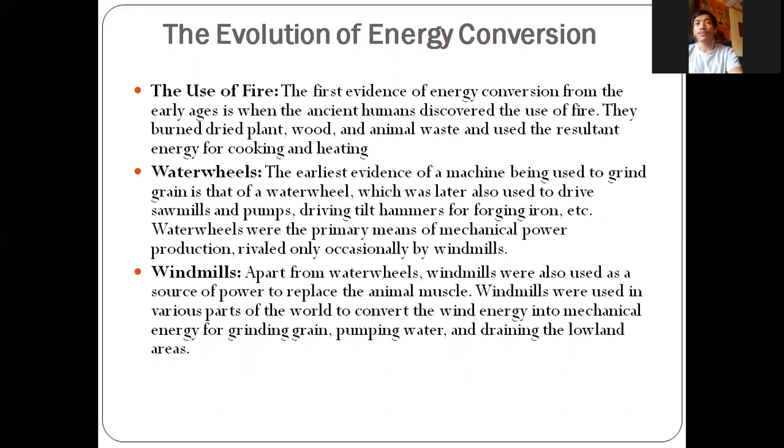Second, the water wheels. The earliest evidence of a machine being used to grind grain is the water wheel, which was later also used to drive sawmills and pumps, driving tilt hammers or forging iron, etc. Water mills were the primary means of mechanical power production, rivaled only